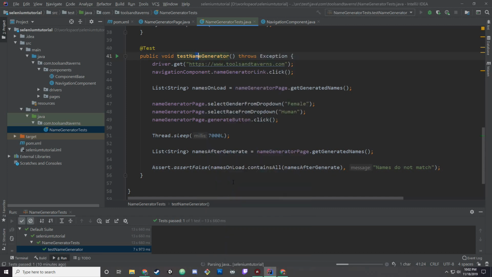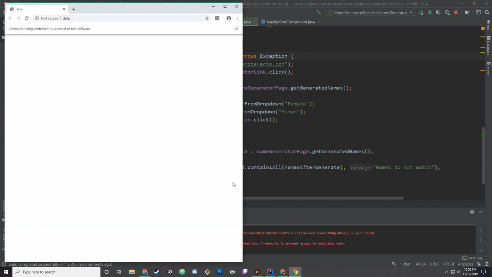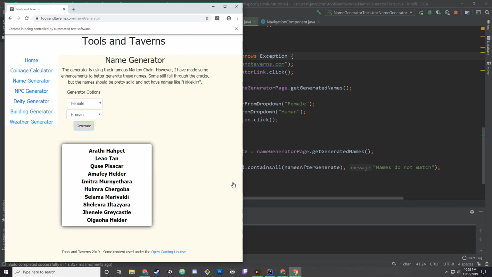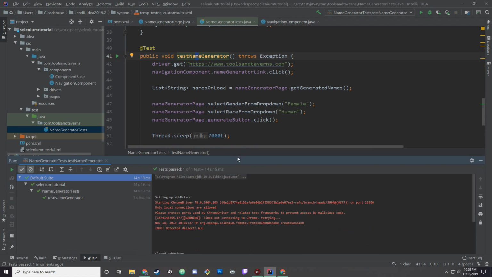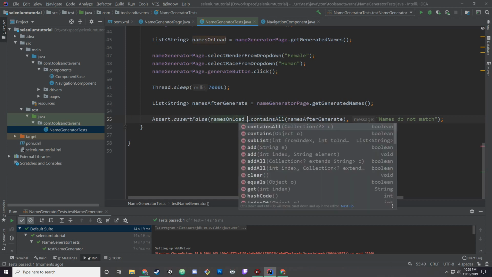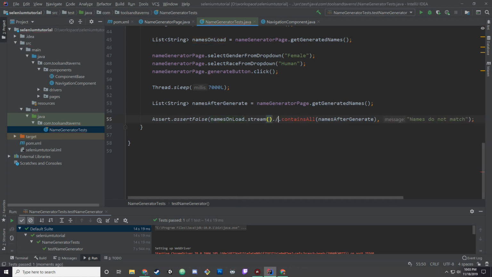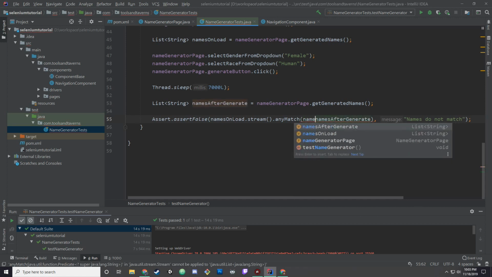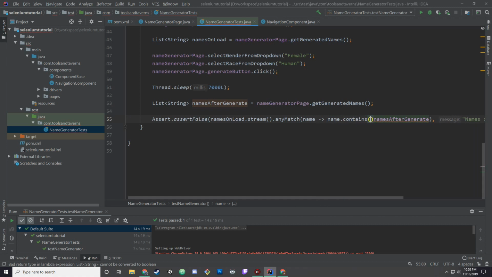All right. So now let's run it. Here we go. Thinking. And then it passed. So one of the things I would say for this, I'm running out of time here. One of the things I would say here is I wouldn't say contains on load. What I would do is I would do a different thing where I would say stream. What we want to do is we want to stream this and say any match that the elements, the name dot contains,